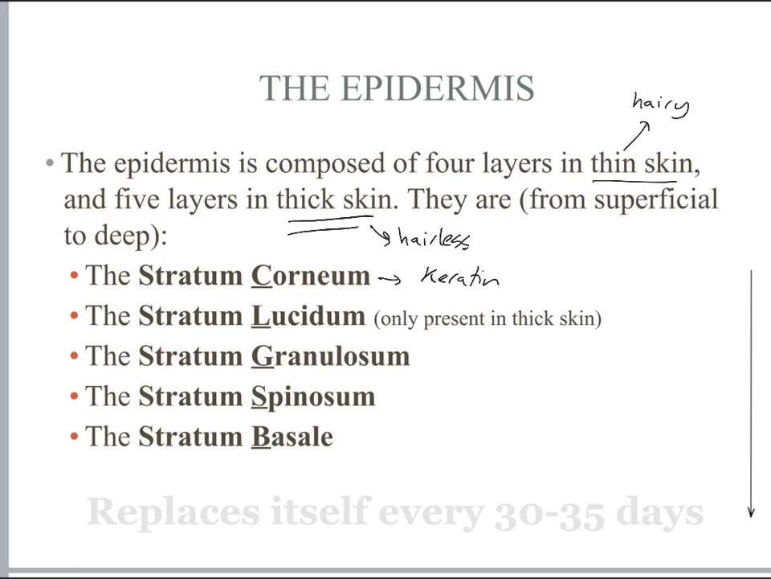The next is the stratum lucidum. This is that clear layer that's only present in thick skin. So lucid means clear. Next is going to be the stratum granulosum. And as you've probably guessed, this is going to give a grainy appearance. Next is the stratum spinosum. So this gives this spiny appearance. And then lastly, the stratum basale, which is the bottommost